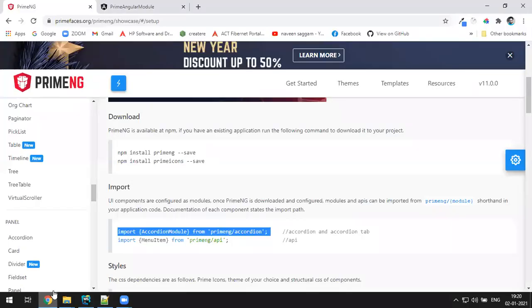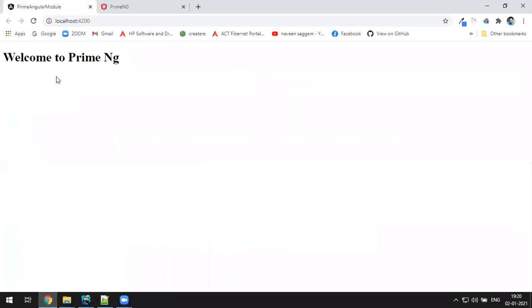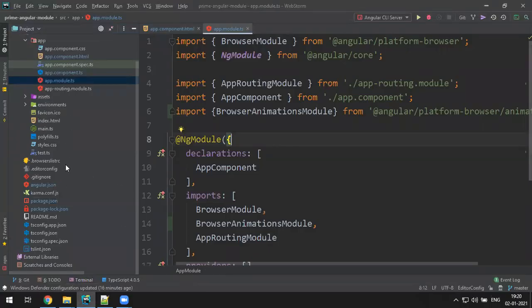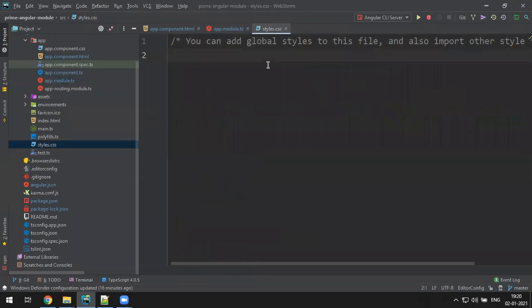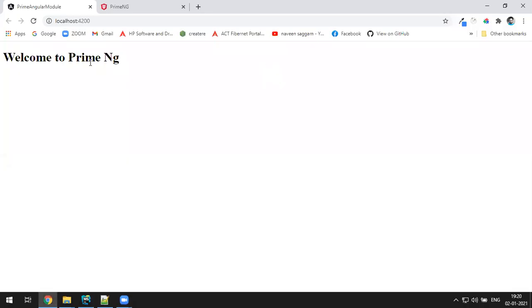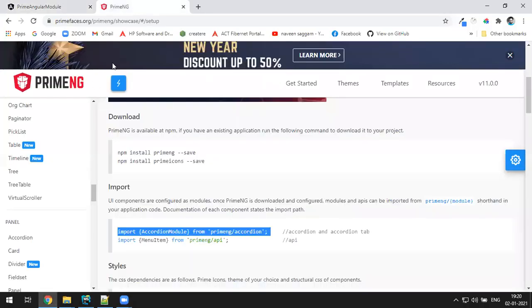So yeah, it's been started, but this we don't like. This font I don't like. What is this? I think in style.css, what we have? Yeah, in style.css, no styles. Okay, I'll add my own styles. Maybe these guys are not using any specific style sheet. Let me add my own font.